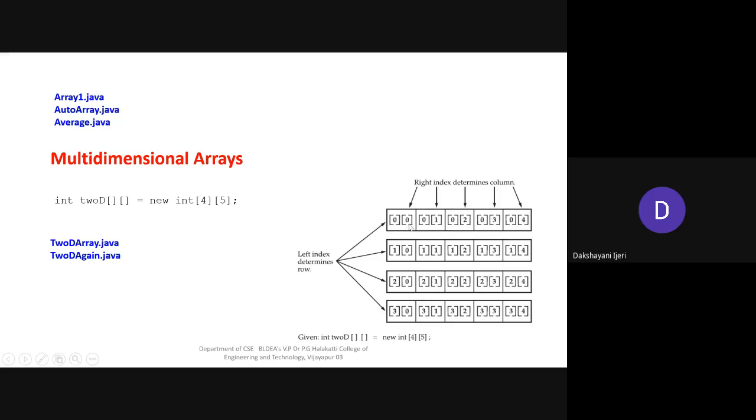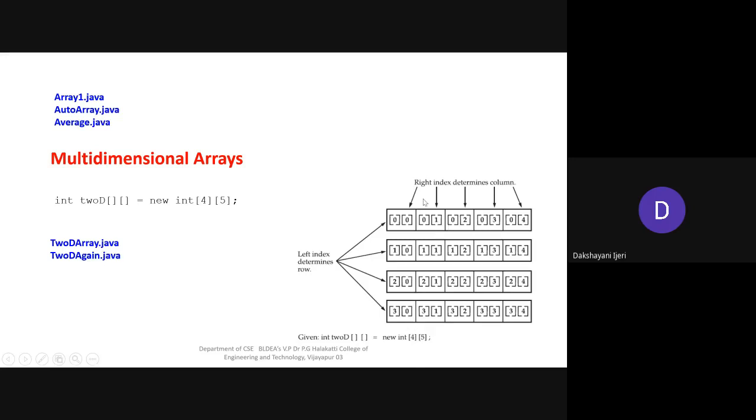So this first cell represents the first row and the first column with the index value 0, 0. This is the first row with the second column, where, if I say first, it is the index value 0 only. Do not get confused here. As I told you, indexing always begins with 0, whether it is a single-dimensional array or a multi-dimensional array. So the row indexing starts with 0, and column indexing starts with 0 here.